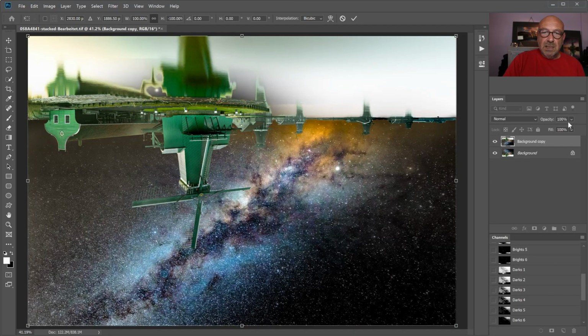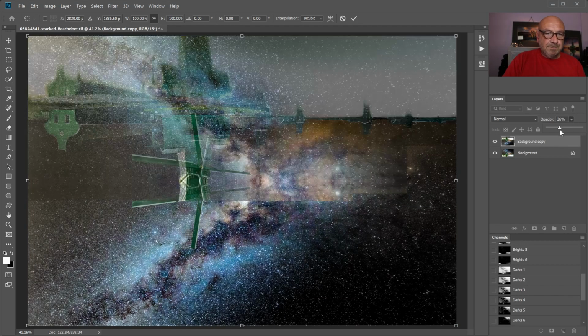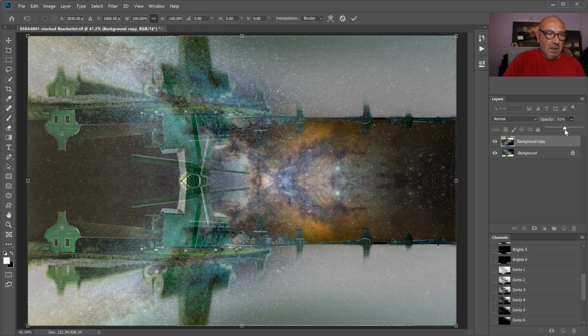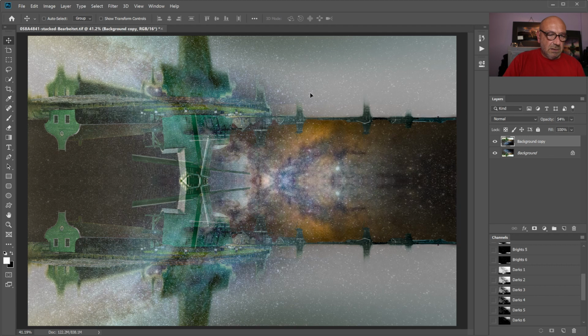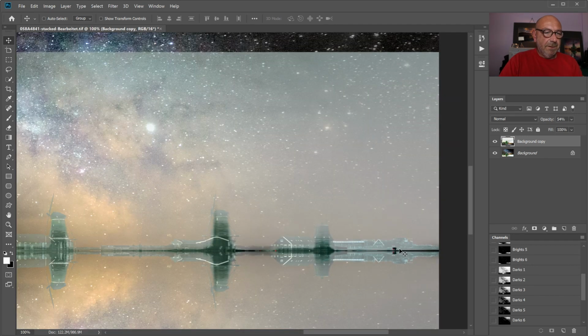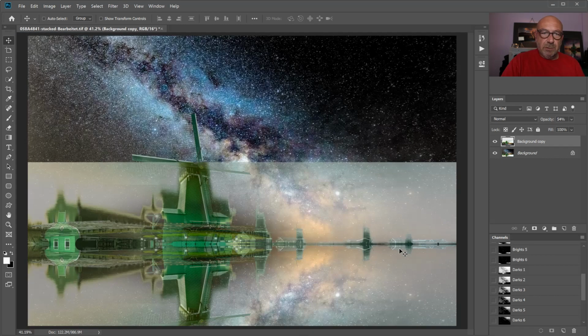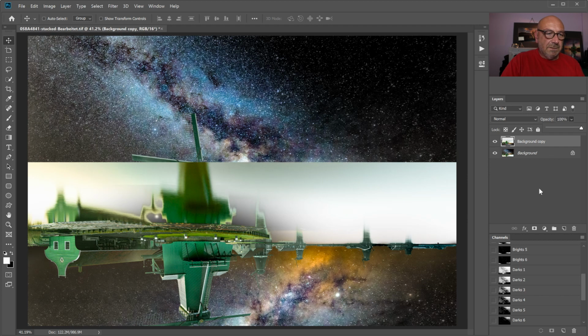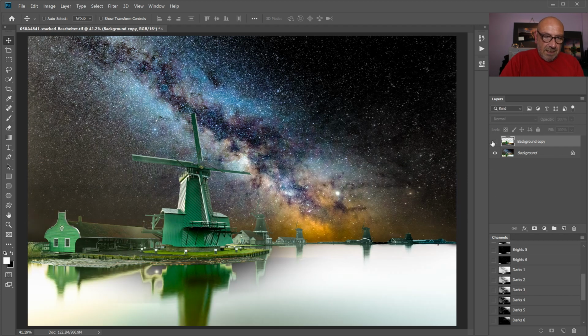This is what happens. Now we're going to align our mirrored, our reflected Milky Way. When I'm happy with the alignment, we need to make sure we are only putting the bottom part here into the image. What I'm doing, opacity back to 100% to have an exact duplicate of what we had here. And now, because we've already created our selection before we duplicated the layer,